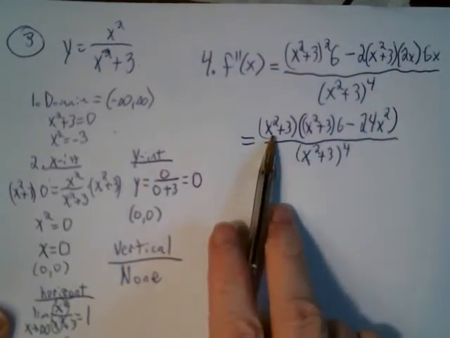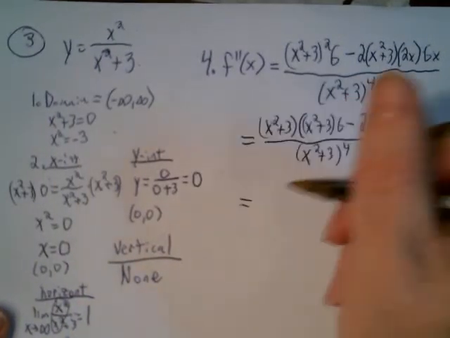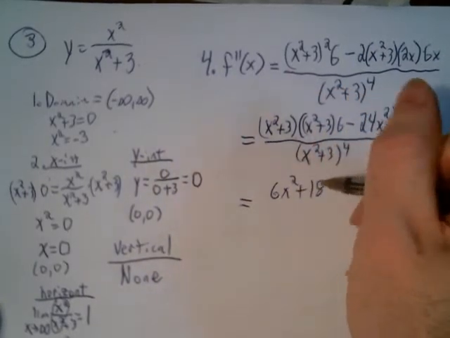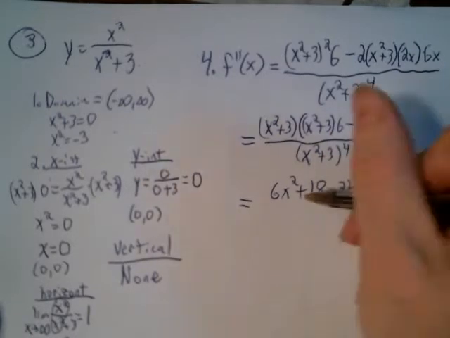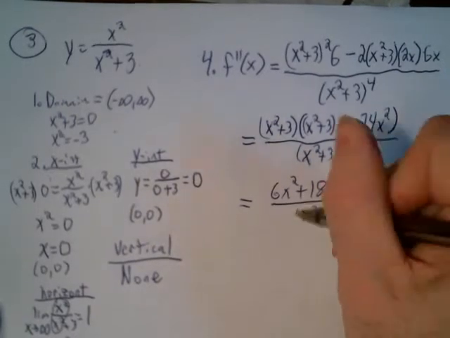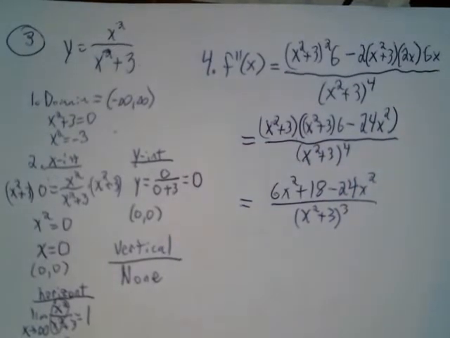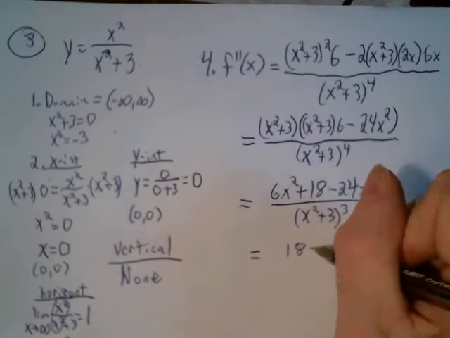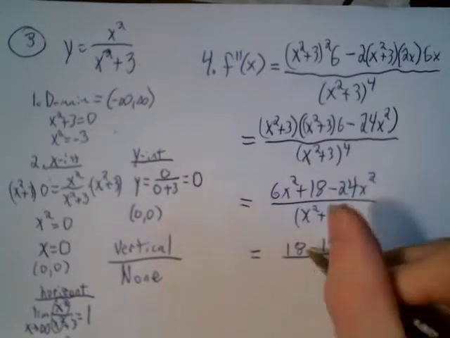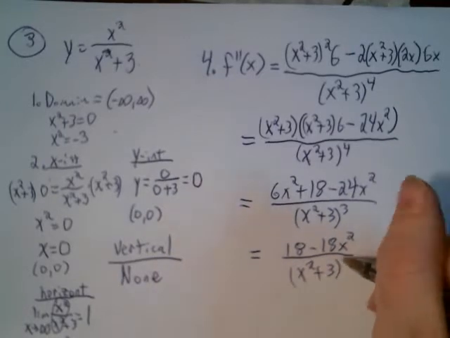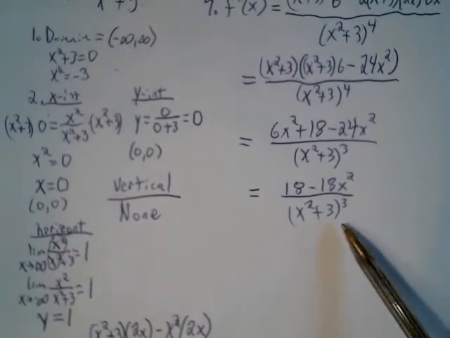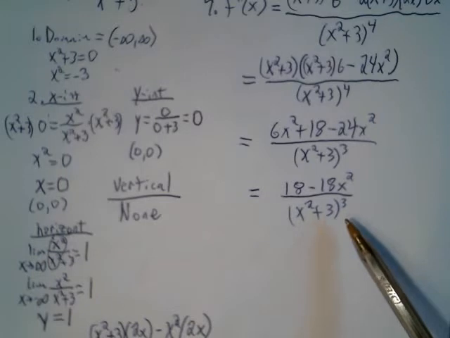And then I can cancel one factor from the top and bottom here, and after distributing the 6, I'll get 6x squared plus 18 minus 24x squared all over x squared plus 3 now to the 3rd. Okay, combine like terms, so it looks like I'll have 18 minus 18x squared all over x squared plus 3, this time cubed. I need potential inflection points, also places where the second derivative is undefined are potential inflection points,